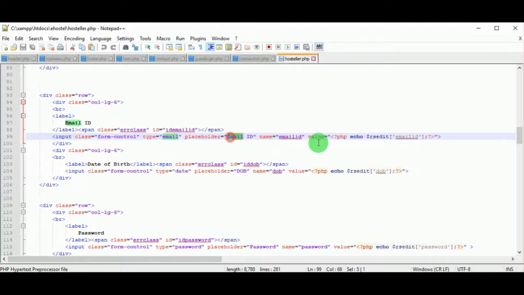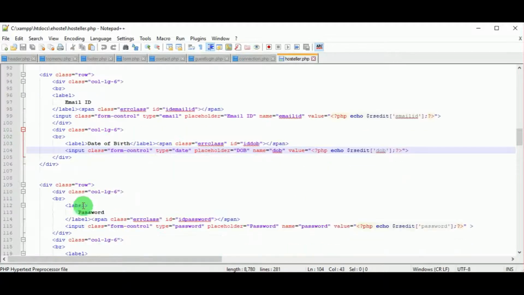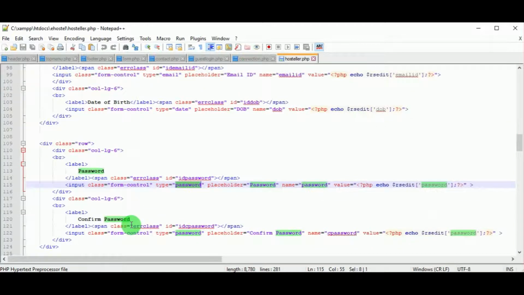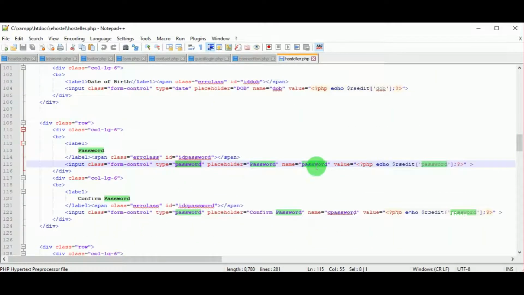Next, there is email ID in the label, the input type is email, and the name is email ID. Then you can see the date of birth in the label, and there is a span tag with a span ID, and the type is date here. Remember, the email ID type is email, and for date of birth the type is date.